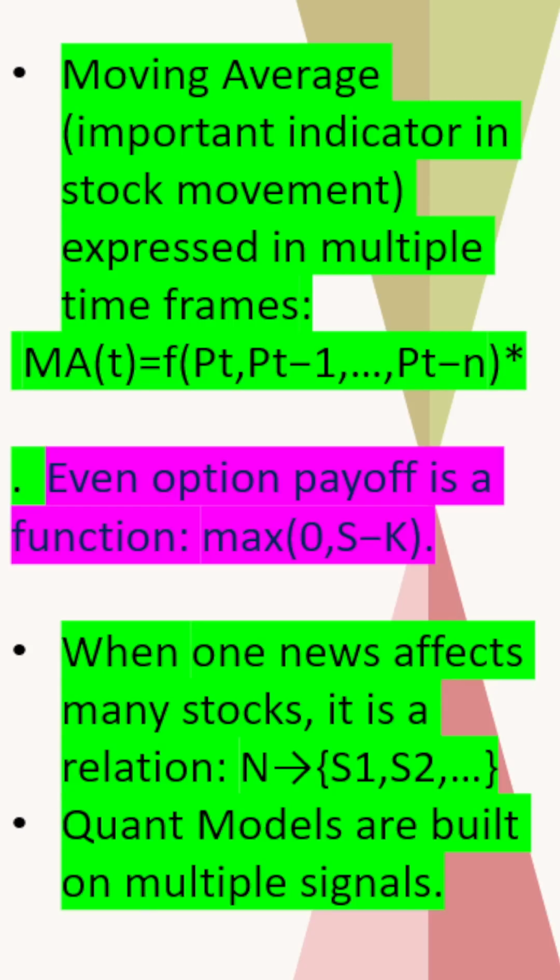Let us see another example. Moving average, which is an important indicator in gauging the stock movement, is expressed in multiple time frames. So the moving average is a function of different time frames, which can be expressed as MA, meaning moving average, as a function of t: MA_t equals a function of P_t, P_(t-1), P_(t-2), which can go